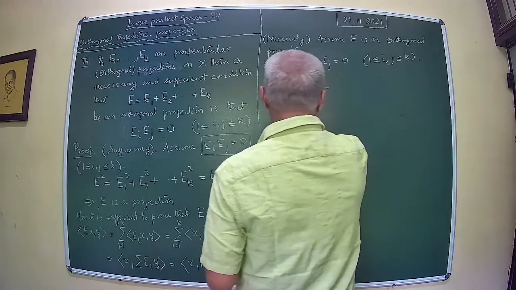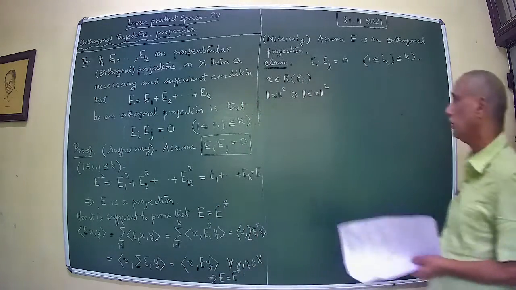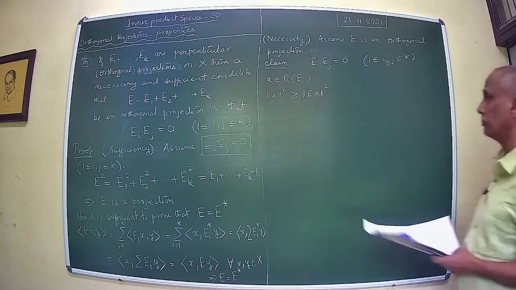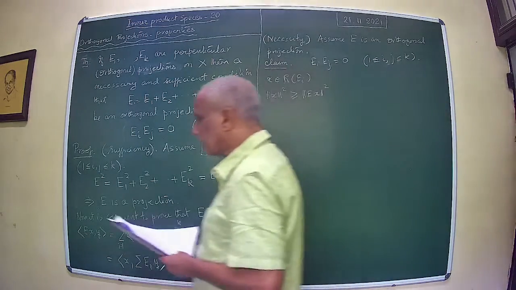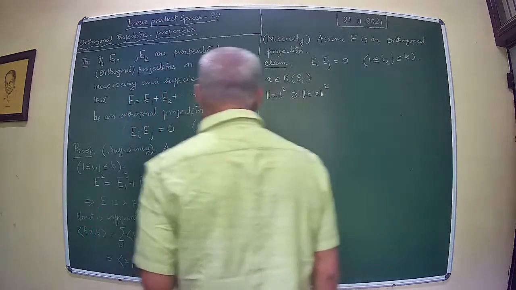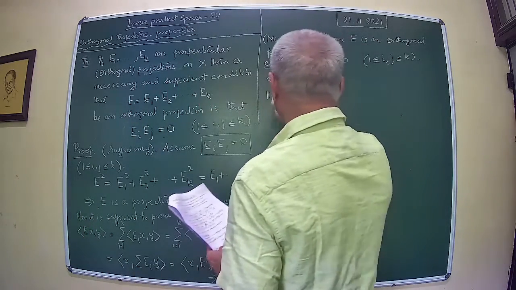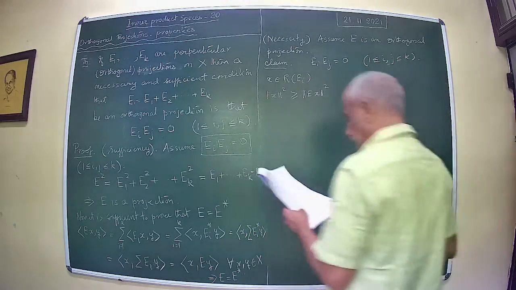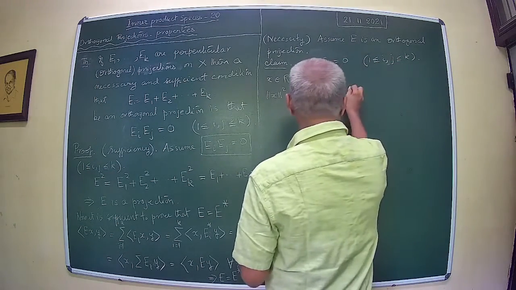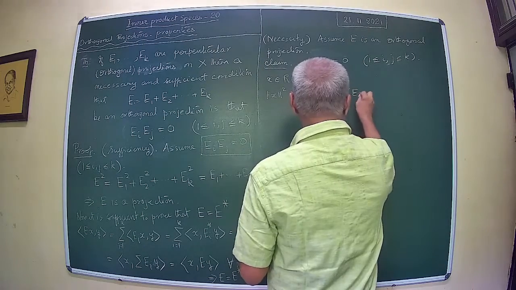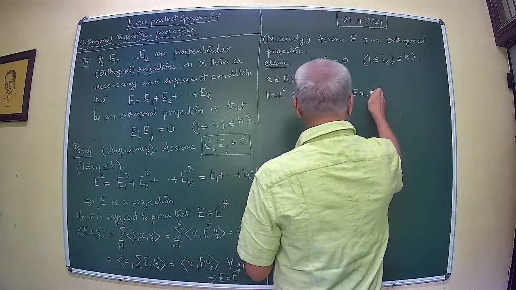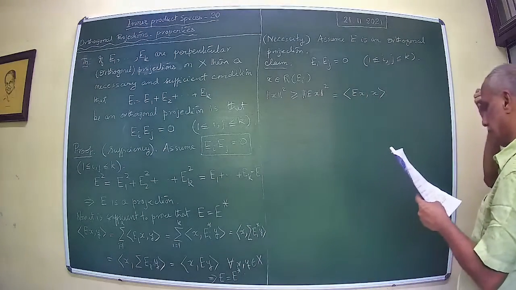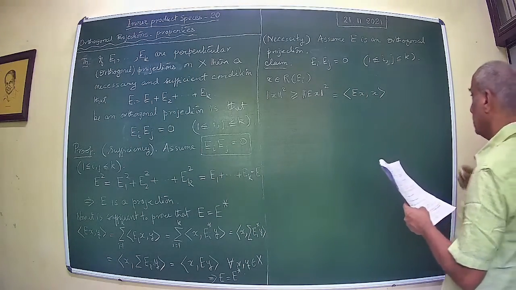This is a consequence of our assumption that E is an orthogonal projection. We are using the second characterization. This is true for every x and in particular for x belonging to range of Ei. And this is equal to,